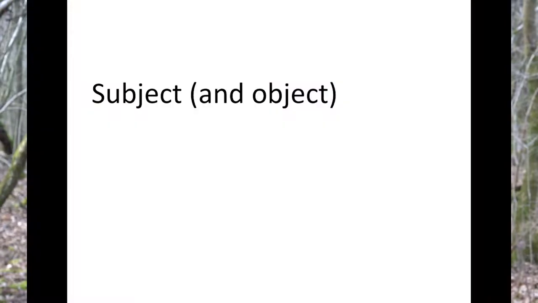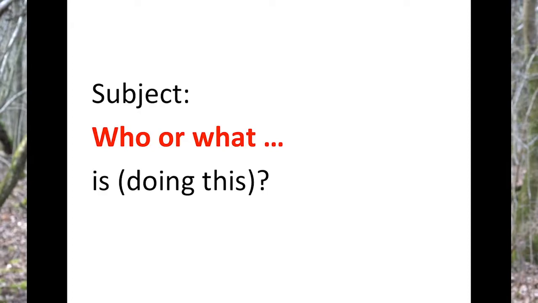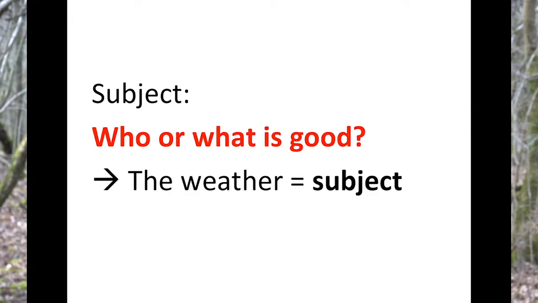So great, we've identified our predicates. Now we're on to the third step, and that is to find out what the subjects and maybe direct objects of these predicates are, of these verbal elements are. Right, let's ask a question. And this question is the same for all of them, and it's really easy. We just have to ask who or what is doing this thing, or who or what is experiencing this thing. Okay, let's have a look.